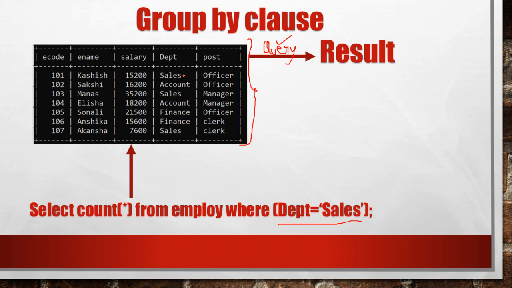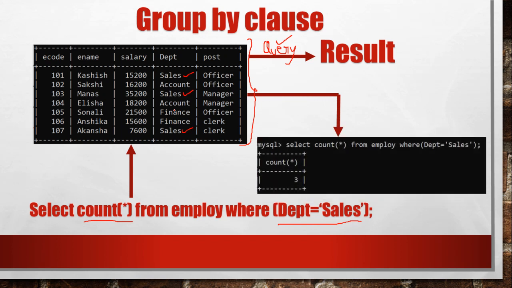Once it's finding them, it selects this record, then this record, and then this record. Why these three records? Because in these three records the value of department is sales. Once it has acquired these three records, what will it do? It will do the count star. We know that the count star is basically 3. So once this query is applied on this table, we get the result as 3. We have written this query, select count star from employee where department equal to sales, and we get the result as 3. So till now we have studied this pattern.